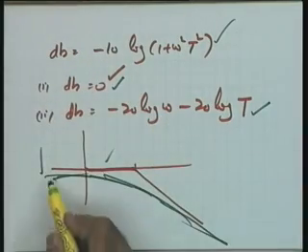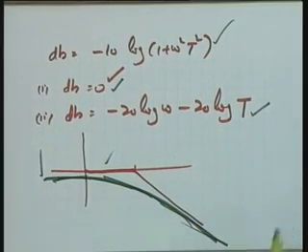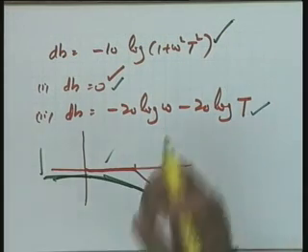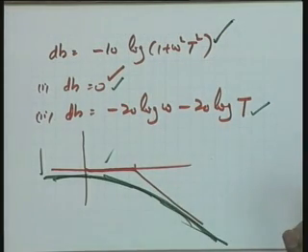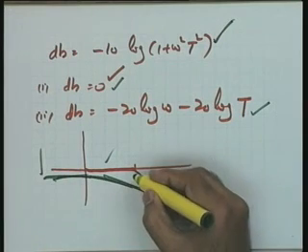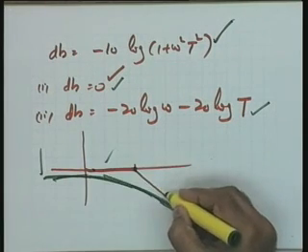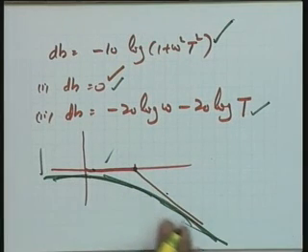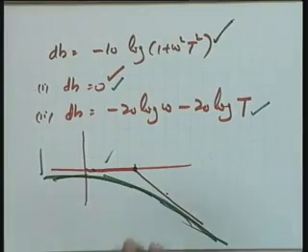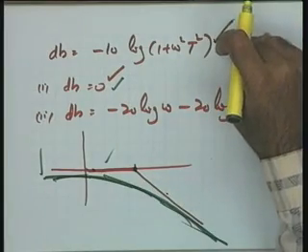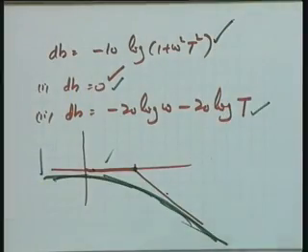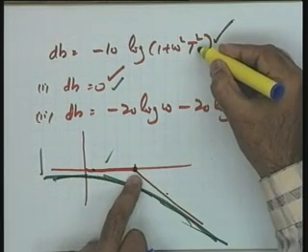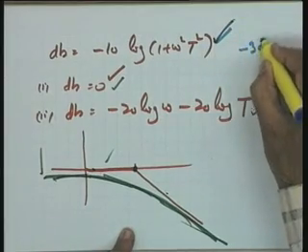Now, the question is this: if I have to make this particular green plot by using calculations from this particular equation, then the advantage of the Bode construction is lost. The power of the method is this: if you give me the error at one or two crucial points between the green and the red plots, I will be able to construct an approximate green plot which will be quite close to the one obtained using this equation. And the answer has already been given by one of you, that if you do the calculation at omega is equal to 1 over t, this gives you minus 3 dB.